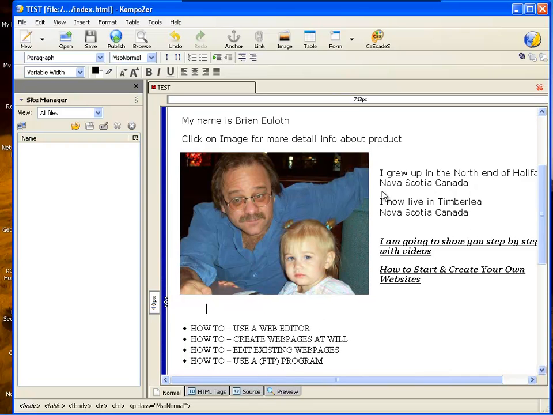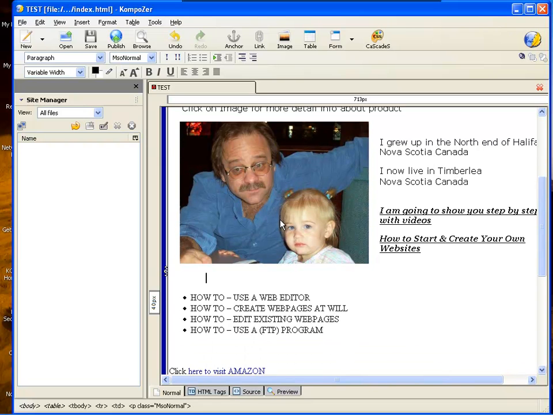Now sometimes when you wrap the text, depending on how much you got and stuff, sometimes it'll knock the image over to the beginning of the page here again. If that happens, always reset your image before you start playing around with the text, because you'll fix the text all up, and then when you go to move your image over again, it'll mess up the text again. So always make sure that your image is in place first. So now let's